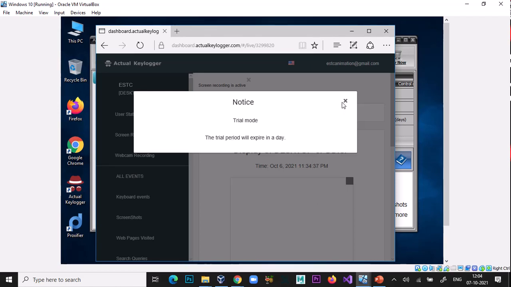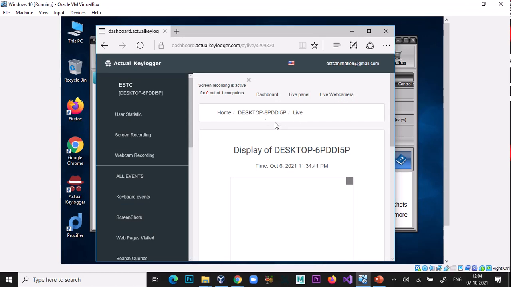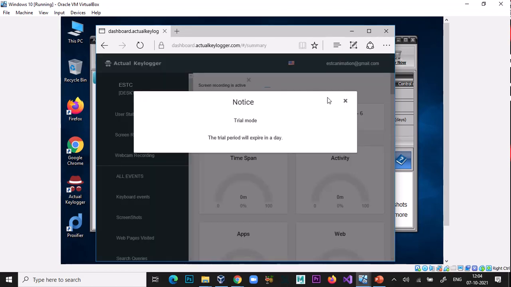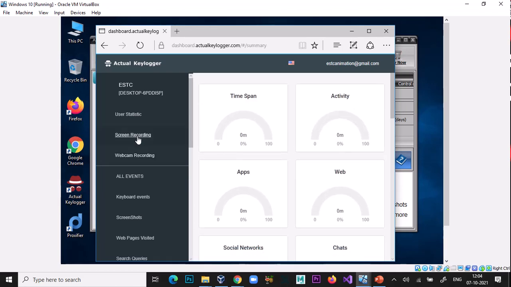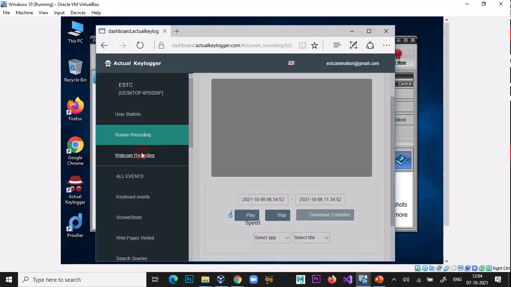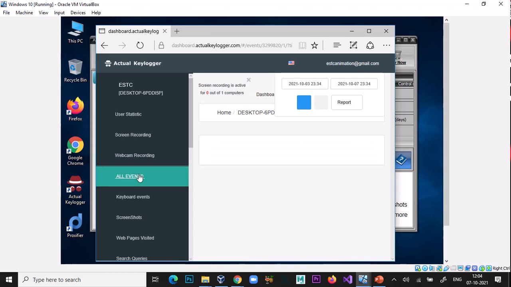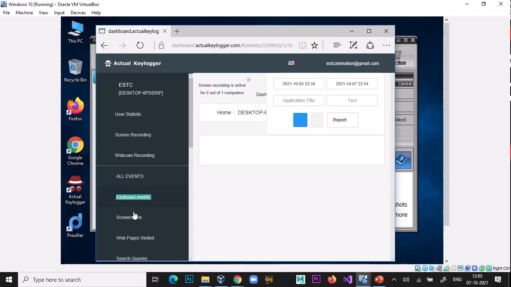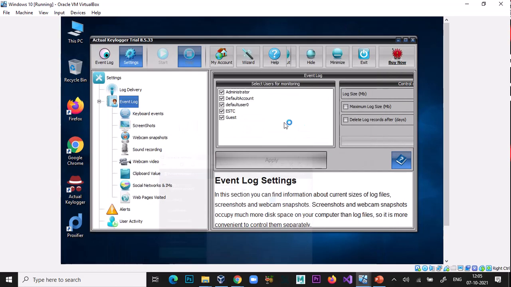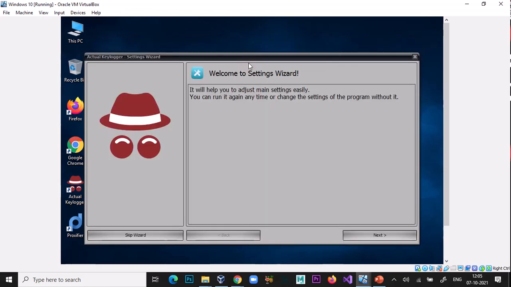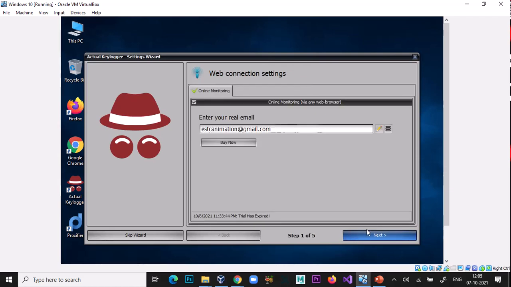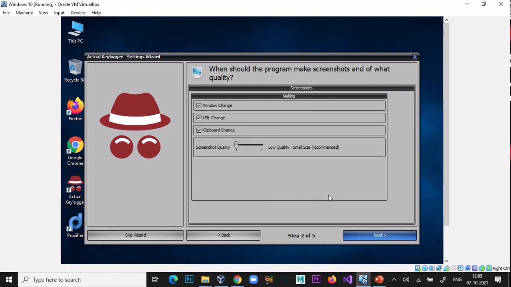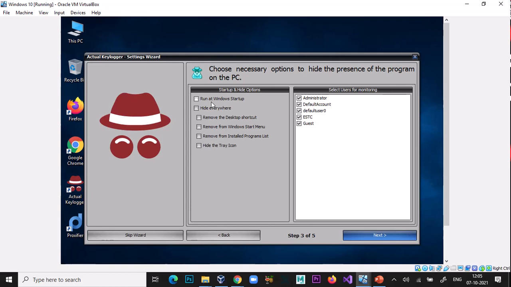The trial period will expire in a day. Now you have to use that keylogger, run at startup windows or hide everywhere.